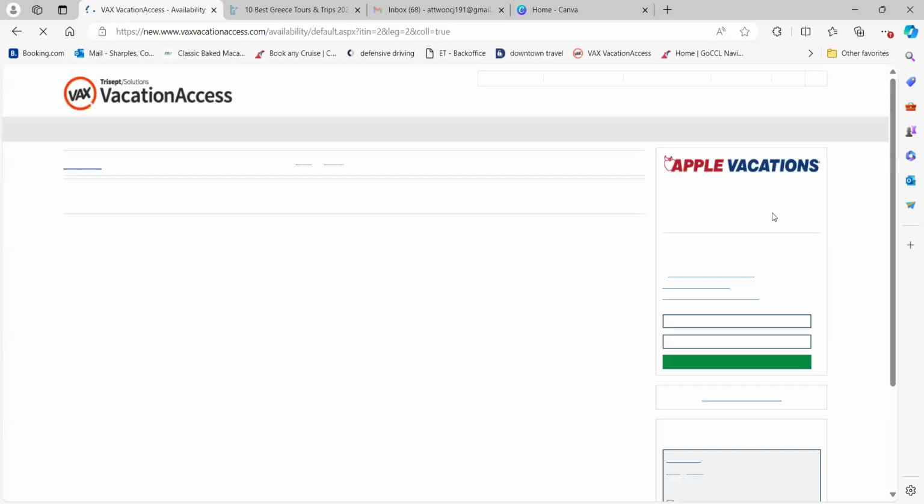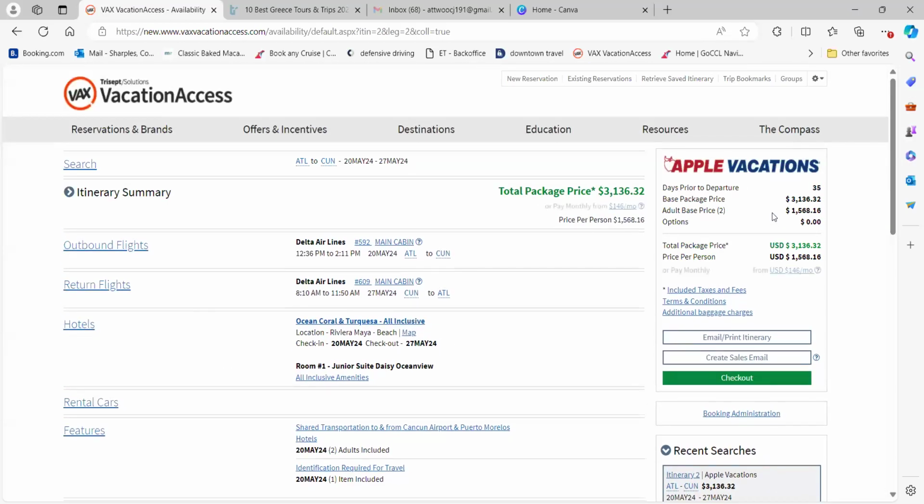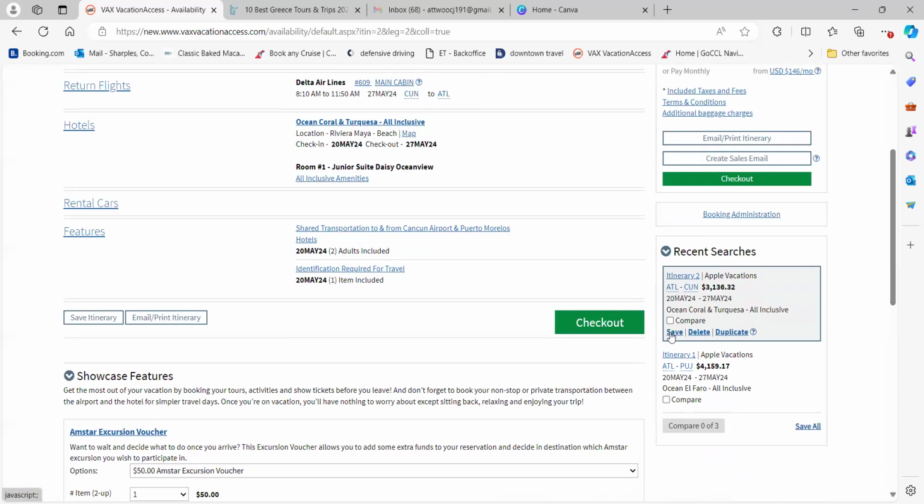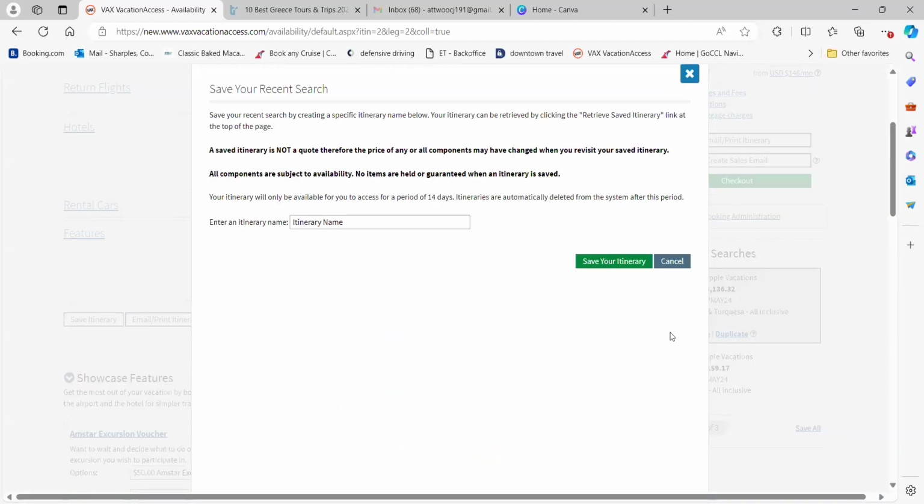If you're already in checkout and they want to keep the same cost, if they want this quote and you don't want to change anything, there's a way you can save it. What you would do is come over here and hit save. If you're using it as a mock booking, I always recommend saving it anyway, because it'll be very easy to pull up if somebody reaches out and says, hey, I want to book this trip.